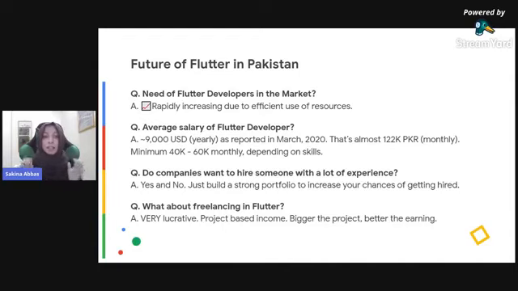Company B is focused on one project, and for that project they need both the Android and iOS applications. So one recruit will be working on the Android part, and another recruit will be working on the iOS part for the same project, okay?